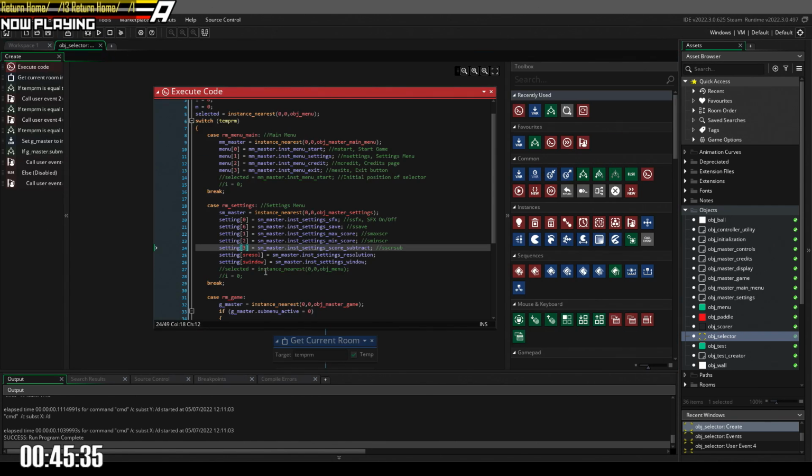Resolution is 4. And window is 5. There we go. Max score is